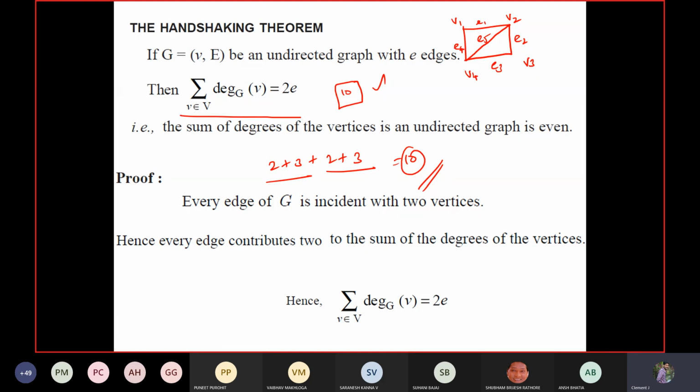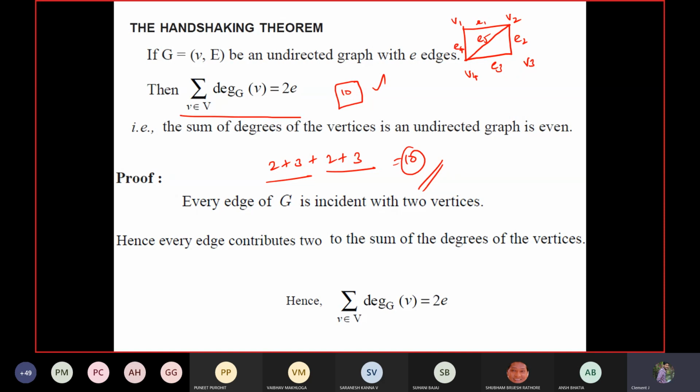So here they have already applied the logic, and they have determined this answer by trial and error, but it is a good theorem for any number of vertices. If we apply the property by summing up all the degrees of the vertices, you will get the answer as twice the number of edges. Okay. It will follow the property.